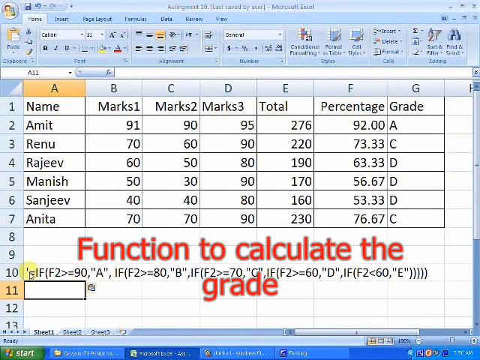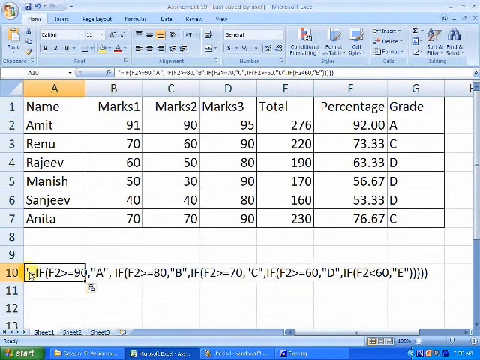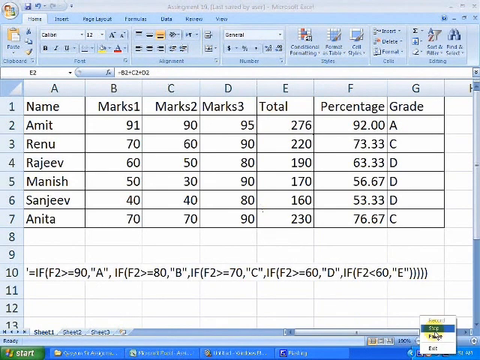Remember, this function looks to you very big, but if you understand it, it is very simple. This is calculating the grade. You have seen the percentage formula. You click here and you will always see the function here, and you click here, you will see the total here. This completes the assignment number 18.